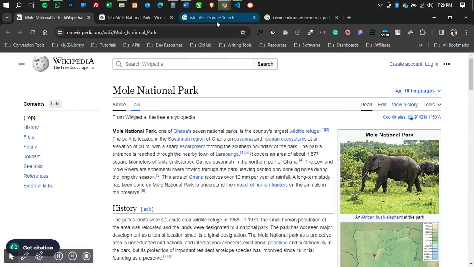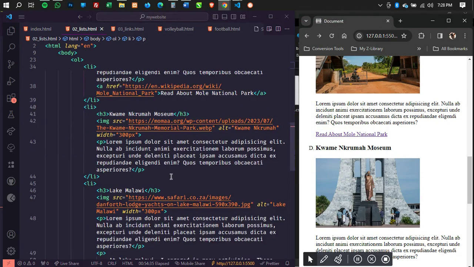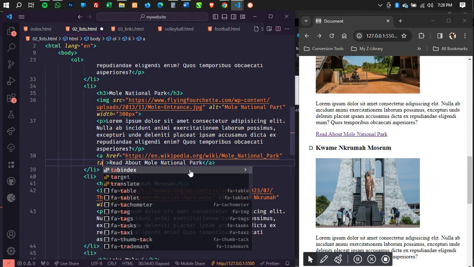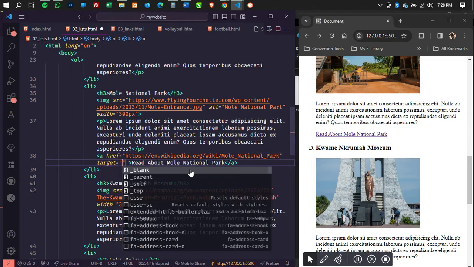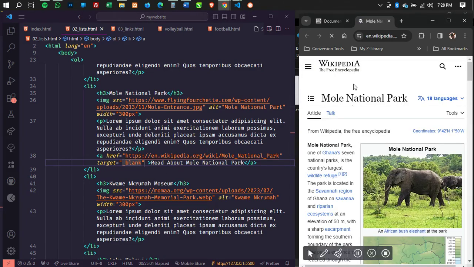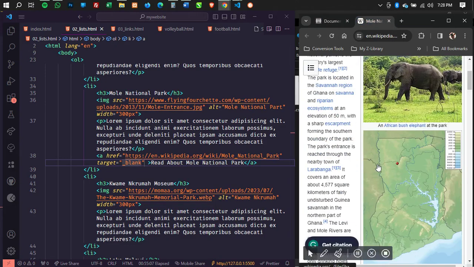All right. So when we look at the anchor elements, it takes another attribute. Another attribute which we can include in the link is the target attribute, right? And the target attribute takes different properties. We are going to be looking at the blank and then the parent. So the blank means what? We want to open that link in another tab. So when I click on this link, now my page didn't load, my page is still there. I can continue reading, but the link is open in what? In the other tab. So basically, that is how the blank attribute works.